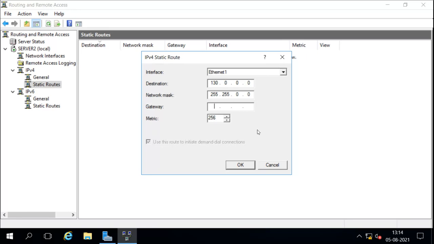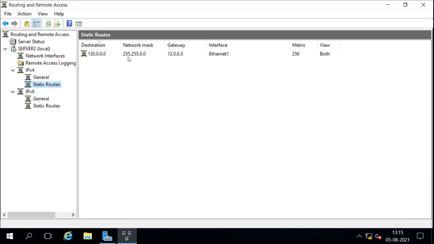So I'll say that this is 12.0.0.3, for example, and we can add this. So this will be the route here. Now there is no network there, but we can configure it like this, network with this subnet mask. If you want to reach this network, then you can go through this gateway IP address and this interface.